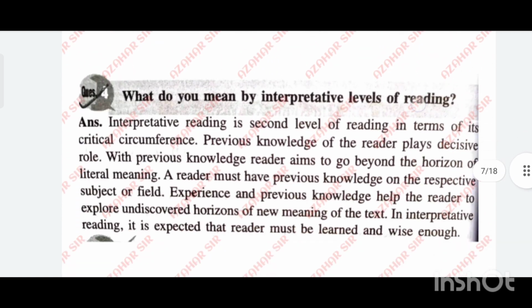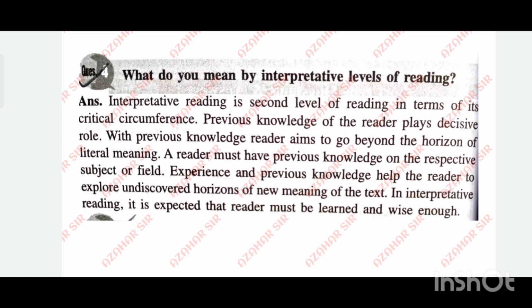And next question is, what do you mean by interpretive level of reading? So look at the answer of this question and go to the next question. Okay,